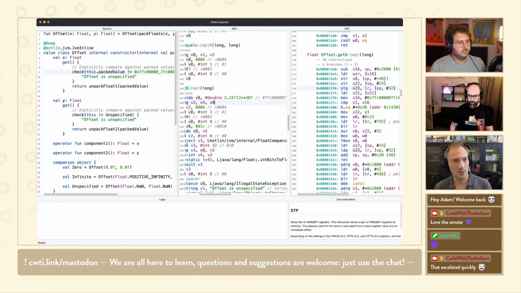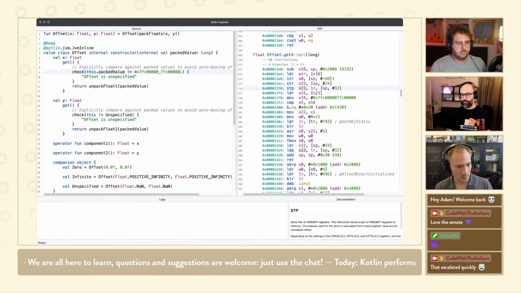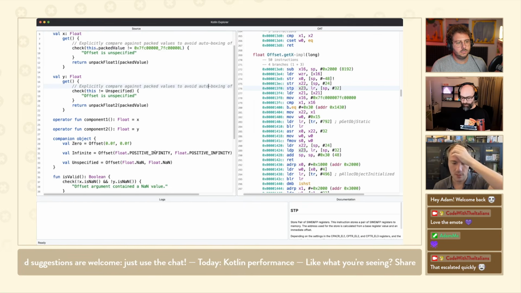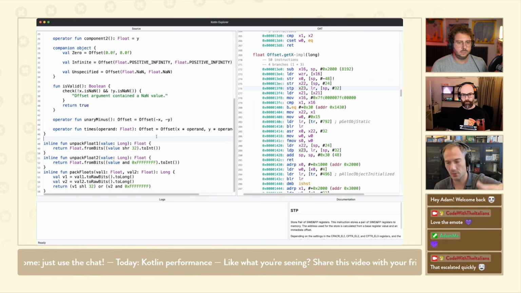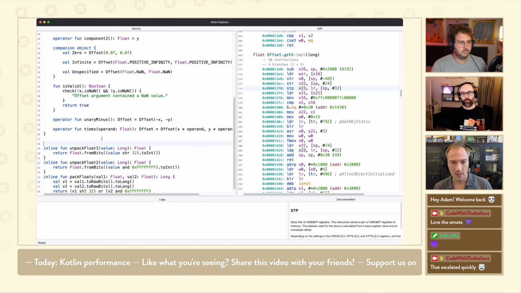So here you have two solutions. You can either enable arith, because arith will take care of it, or you can do what we did in Compose. And this is where things become interesting, I would say, because when we optimize the code for Compose, we're in a difficult situation: some folks will use AOT, some folks will be jitted, some folks will use arith, some folks won't. We can't optimize the code perfectly for all those situations. But this is one of those cases where if you don't use arith, we can do this instead.